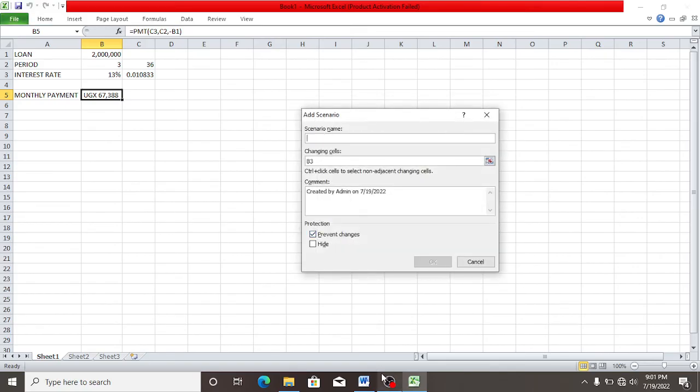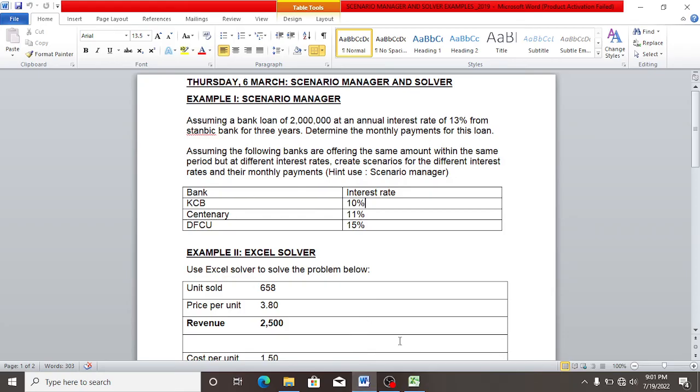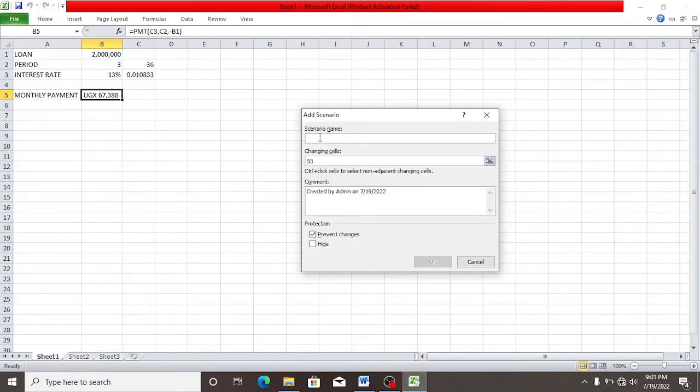I go to scenario number 3. It is DFCU Bank. Then changing cells. So I'm changing the interest rate. I don't want the comment.